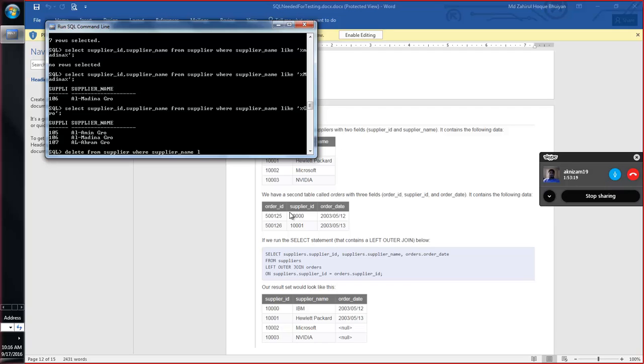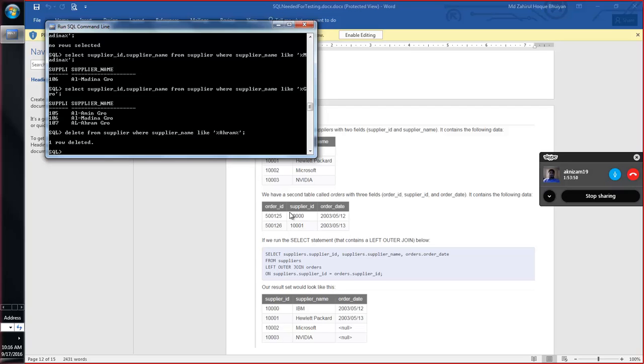like, if you do not know the whole name, then it is like. So supplier name like, in quotation, Ahram in the middle, so you know the middle part. So percent will be on both sides. Both sides. Okay. Deleted that. Now if you select star